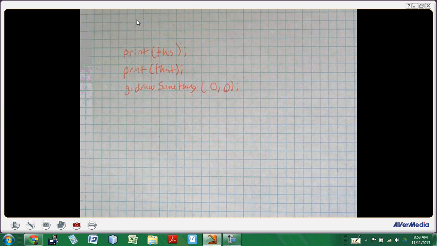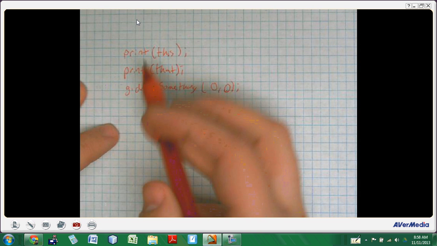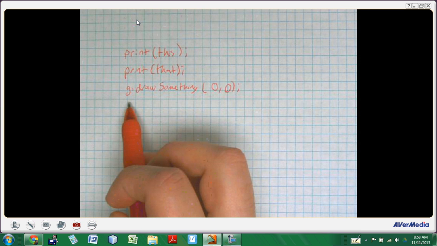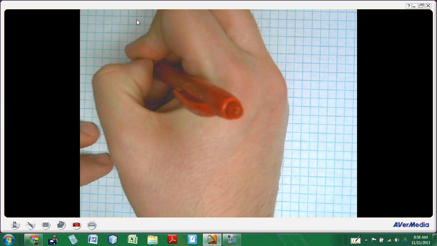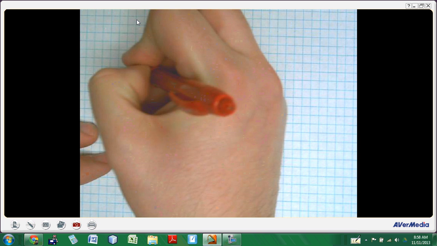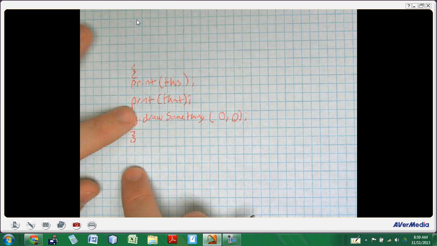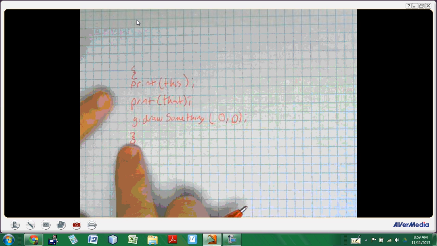Okay, so we kind of did this already with the ifs, but what we're going to do is write code, and then select the code that I want to do lots of times, and surround it with curly brackets. Okay? You'll follow me so far? So I have the code that I want to do multiple times, and I'm going to surround it with curly brackets. And then, up here,